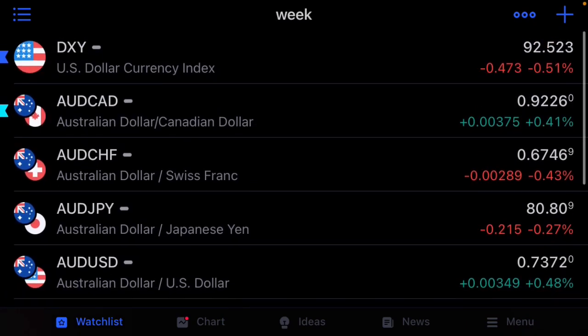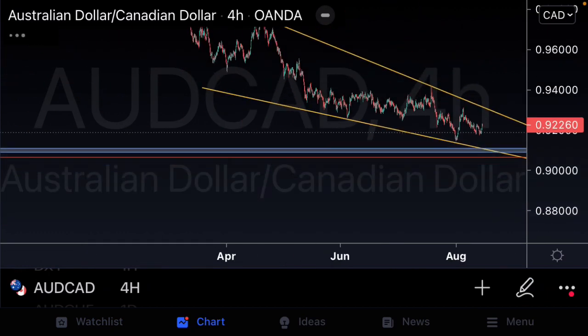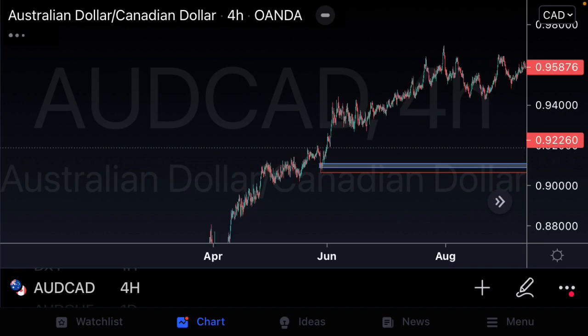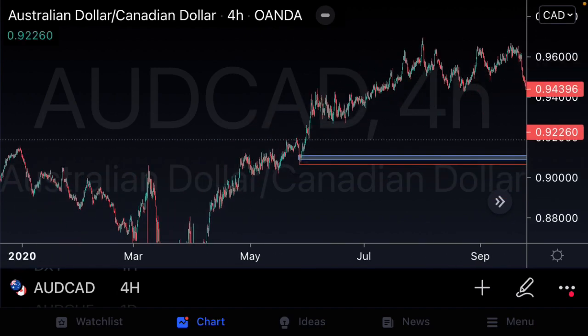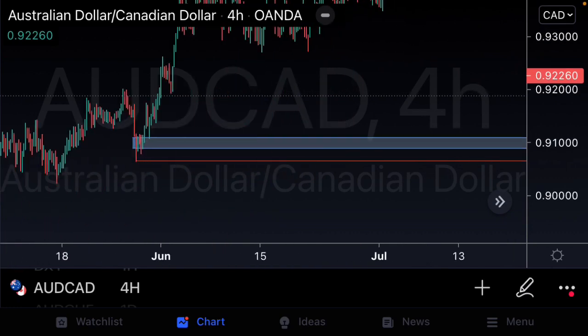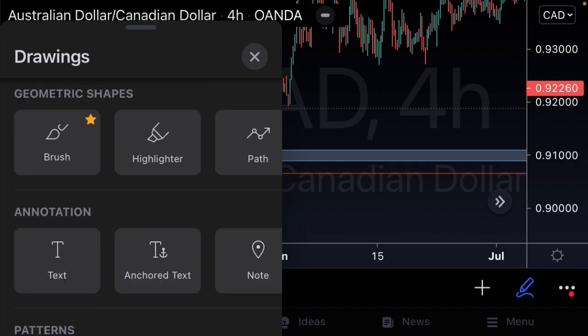Now guys, let's kick things off and we'll start off with our Aussie Cad. We'll keep on the 4-hour and just discuss our major structure. So if we pull left, guys, you can see this area that we've marked out here. If we look down here on the 4-hour, what we do see is this market that has essentially been